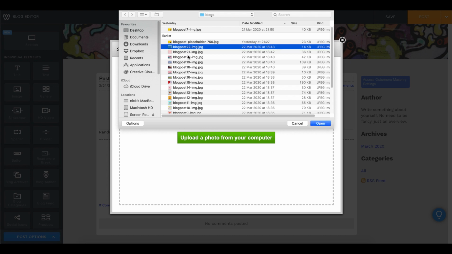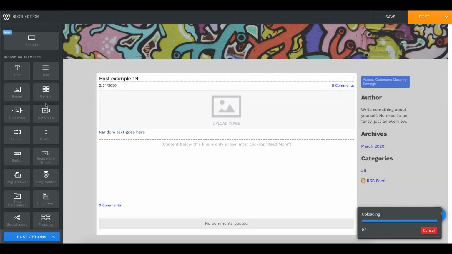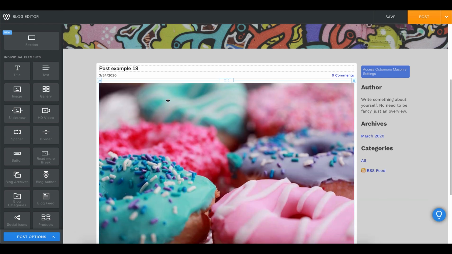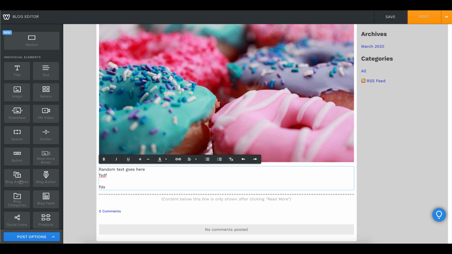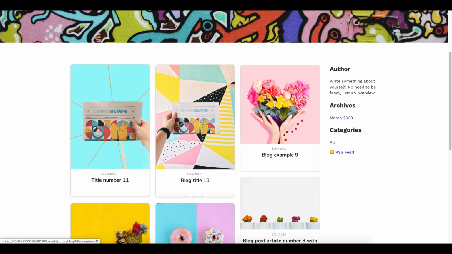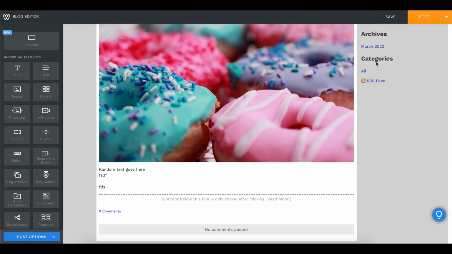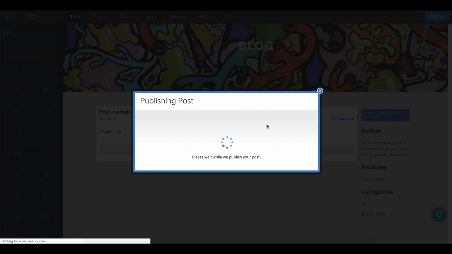And then give it this, for example. And now we have an image here. And now you can see that there is some more text here, and you can include whatever you want of your text, buttons, more images and so forth, but it won't be displayed on the actual tiles, so we'll only display the title. So now when we post this article,